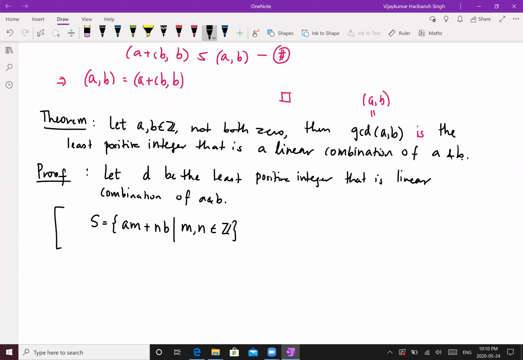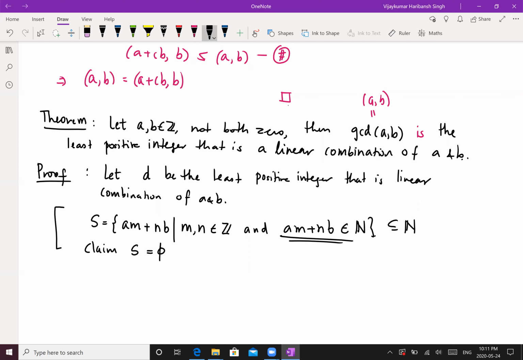And take this guy such that this forms a subset of N. Okay. Well, we can modify the definition. Take all those a and b such that am plus nb belongs to N. So this is again a subset of N, right? Why? Right from here. You're taking these combinations, you're taking all those belonging to N such that am plus nb belongs to N. So now take this set S. Now claim